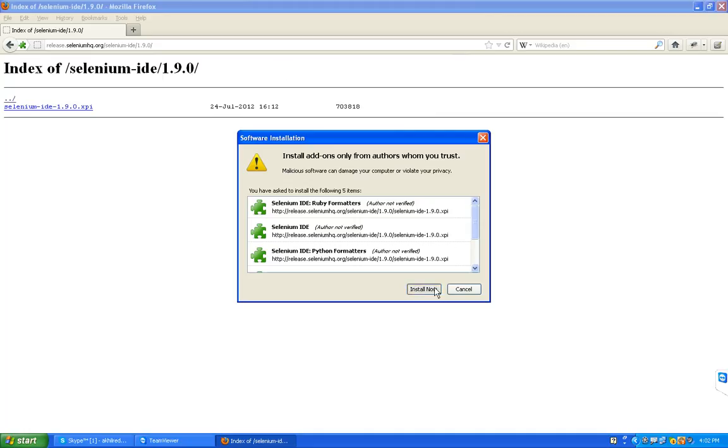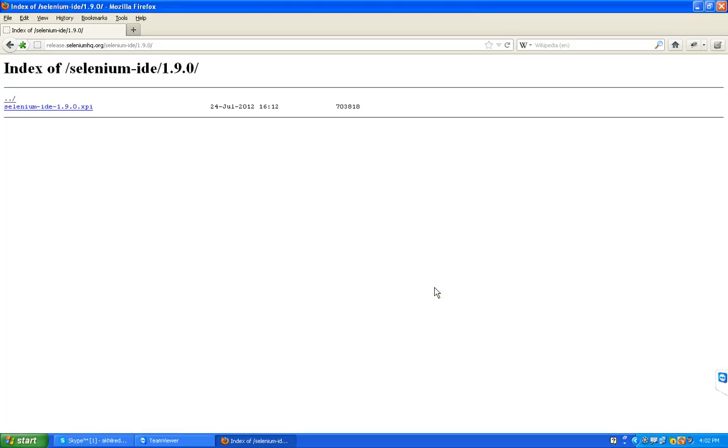Click on install now. Selenium IDE is just like manual testing. There is no chance to implement new things. It is a boring process. There is nothing to learn. So it is very slow, and we can't write manually, and at the same time we can perform very limited testing.